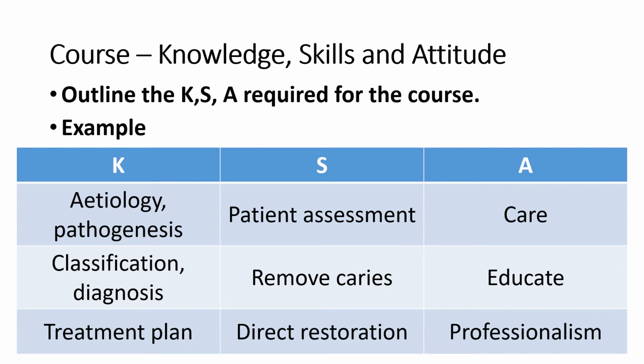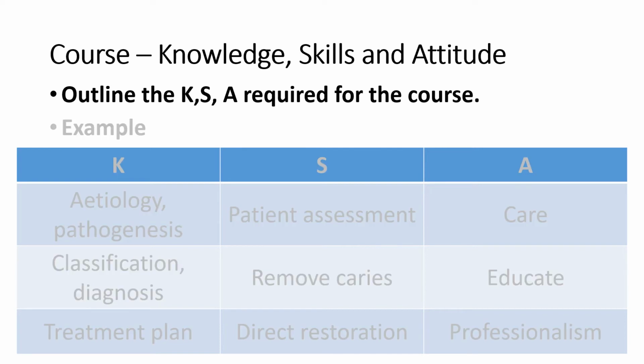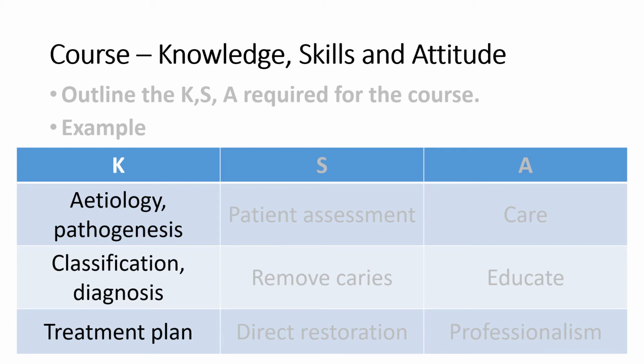So what knowledge, skill and attitude are needed to get to the competency addressed by the course? We need to outline what knowledge, skills and attitude learning are required for the students to achieve the competency of the course. Let's see the example of what knowledge, skills and attitudes are required. The first column, under knowledge domain: the students should know the disease so that the student can come to a diagnosis based on patient information from history and examination.